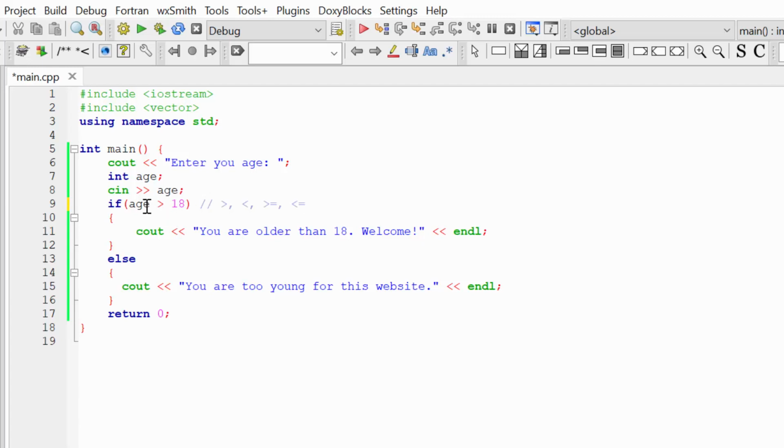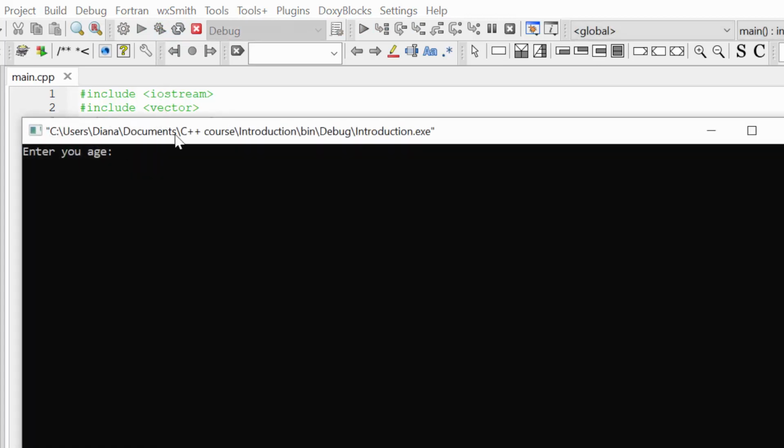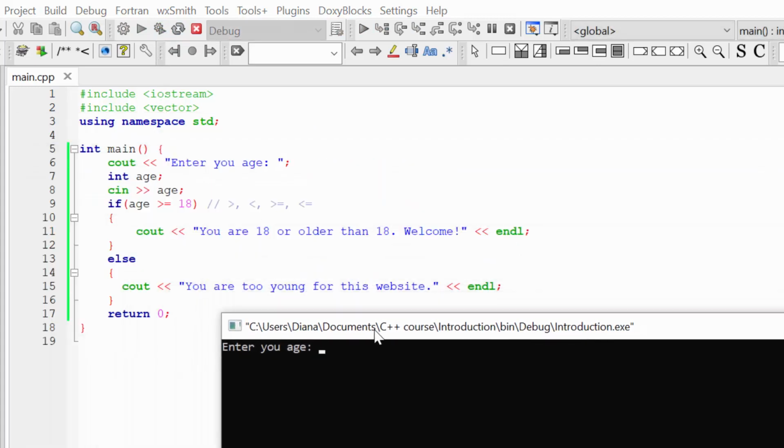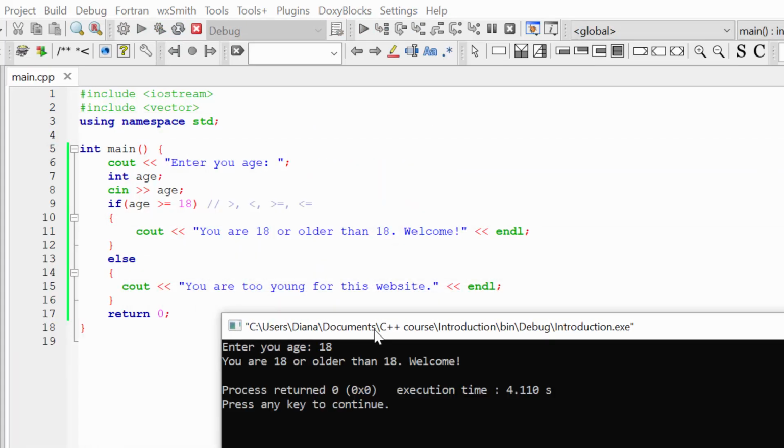So for example, if I want to accept users that are also 18 years old, I'm going to add here the operator bigger equal, and I'm going to change my statement a little bit. You are 18 or older than 18, welcome, and let's check that everything is working. Now if I enter age 18, I expect to see you are 18 or older than 18, welcome.